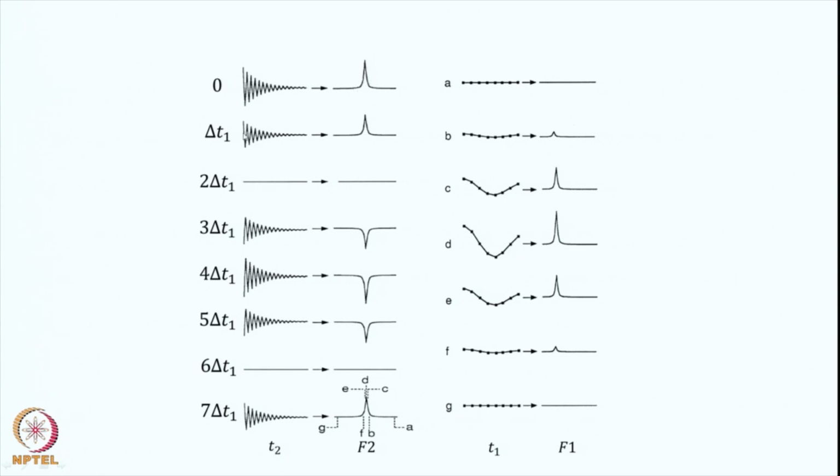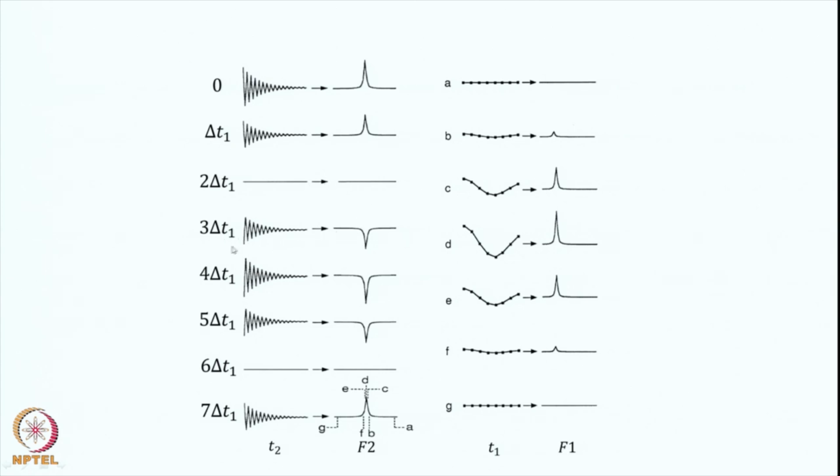Now the second one, you notice the first data point, the intensity is reduced. Therefore, if it were a single line spectrum, it would produce a line with a reduced intensity because the intensity is reduced here. If you remember correctly, the first data point is the integral of the spectrum. F of 0 is the integral of the spectrum. We discussed this in Fourier transform NMR. F of 0 is equal to the integral of F(w) dw, right. So whatever is the initial point here, that is what you will get in this one.